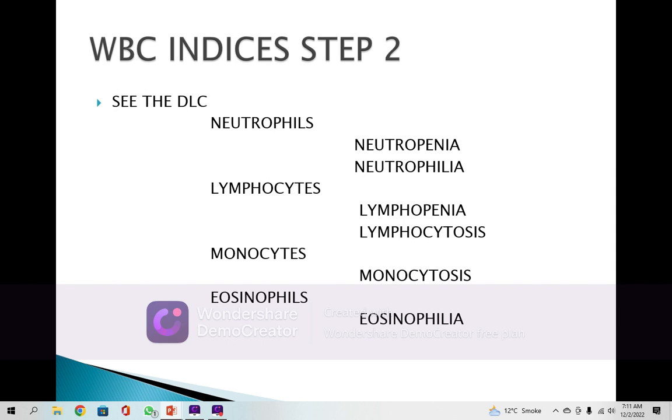Their functions are different. Neutrophils have different functions. Lymphocytes have different functions. After the progenitors come the monocytes, their derivatives, and histiocytes. These are all derived from the lymphocytes. Eosinophils are a different category, from the hemolytic system, and they are very important in certain types of hypersensitivity reactions and in cases of allergic reactions.